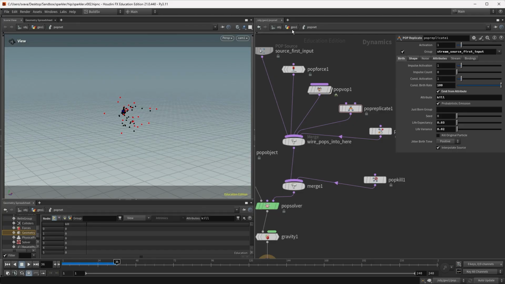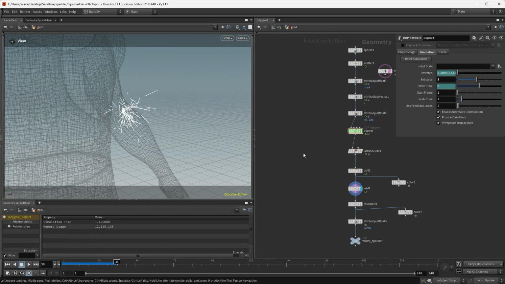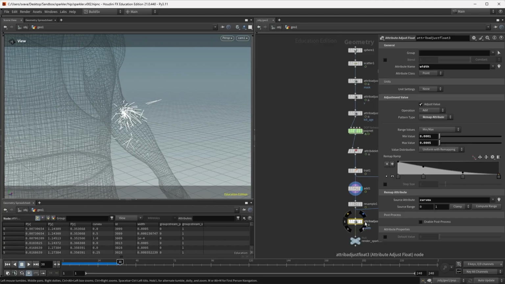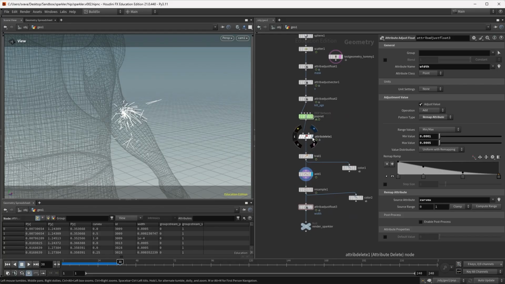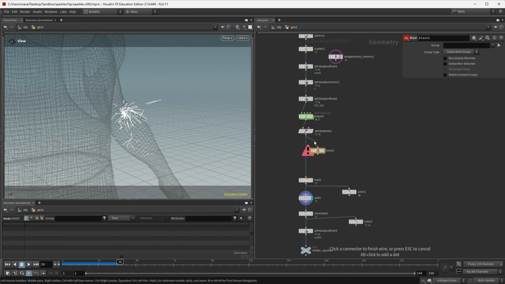Now let's go upstairs and let's see how our trails look. Something like this. So they look good, but I want to split up the initial particles and then the second layer because I want to give them a different type of width. So after the simulation, I'm just going to use a blast to isolate each layer.